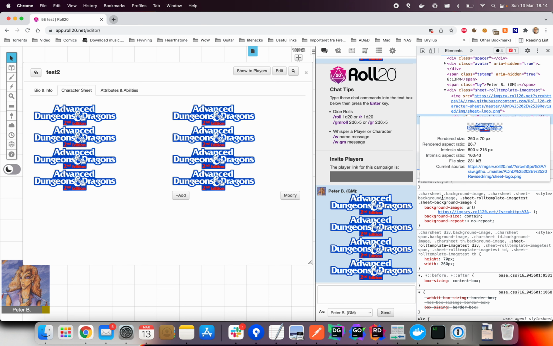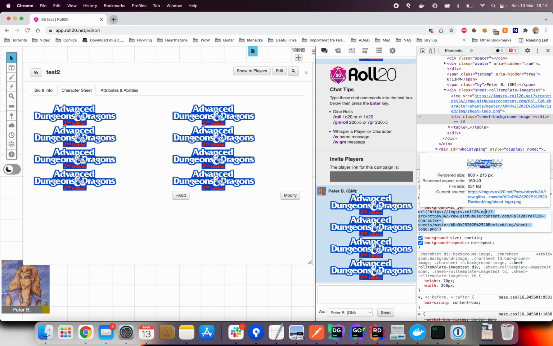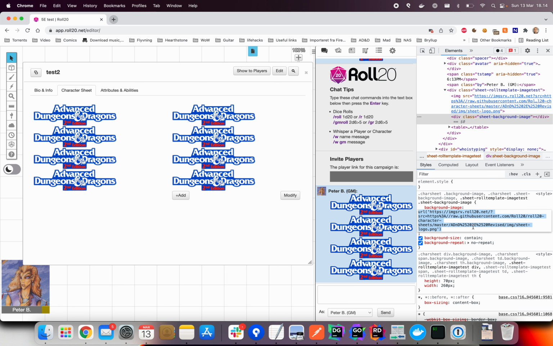Looking at the background image here, again, we have the image server, so it's good. And here the encoding actually does happen. So we have the %25 for the encoded percentage sign. Then we got the 20 unhandled. We got the 2e, the raw text, and again, %25 for the percentage sign, and then 20, which has been unhandled. So this works,